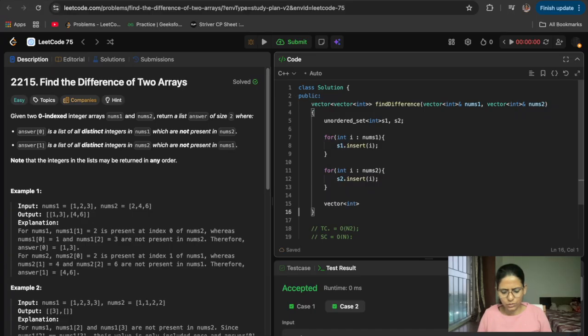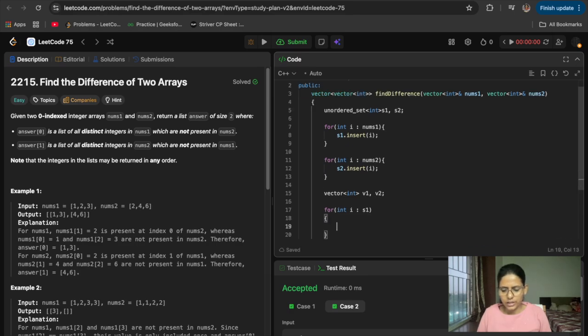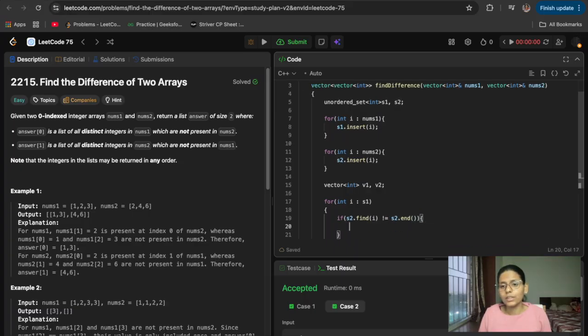So we will create v1 and v2 to store the answer, and we'll take a number from yes1 and check if yes2.find of that number, that is i, is not equal to yes2.end. We should find it in the set, so the iterator shouldn't go to the end. If it is at the end, that means we didn't find it. Basically, yes2.find(i) is not equal to yes2.end.